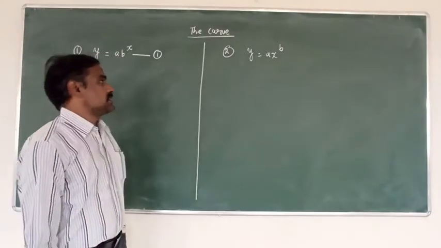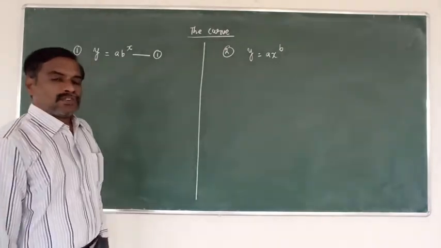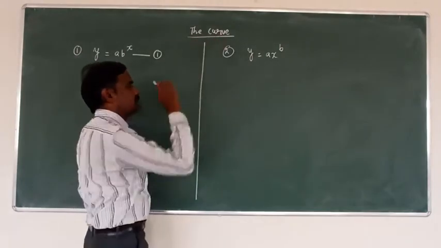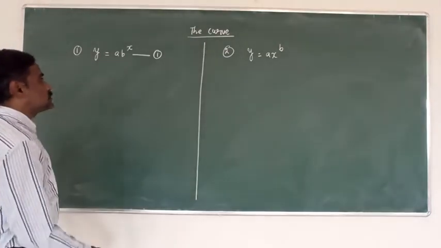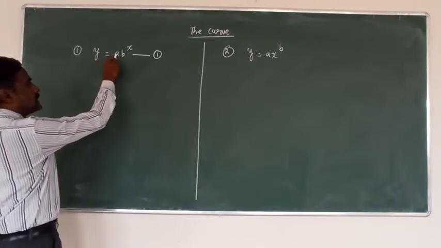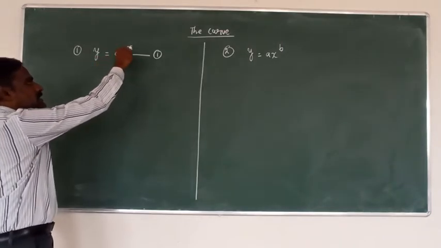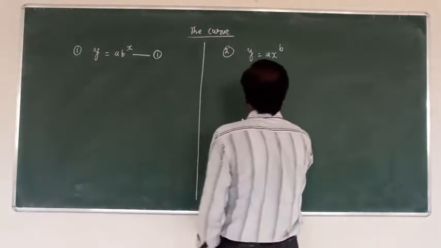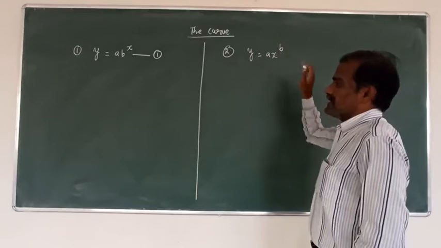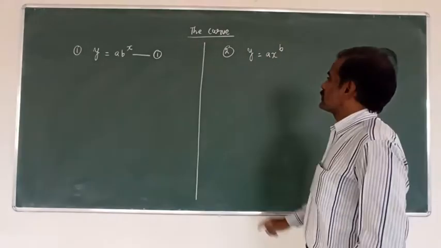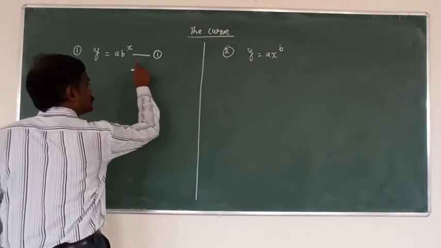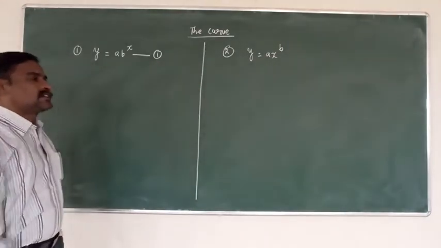Good morning. In least square analysis, the fourth method is the curve. There are two types. Number one, y equal to a b power x. Second one, y equal to a x power b. Now, these two formulas we have to change into